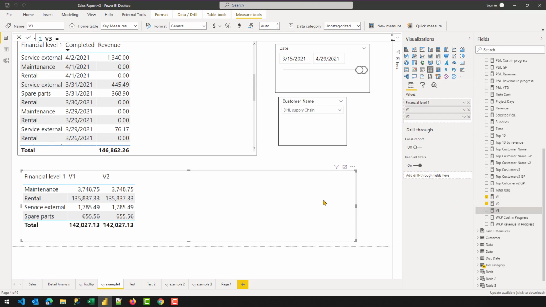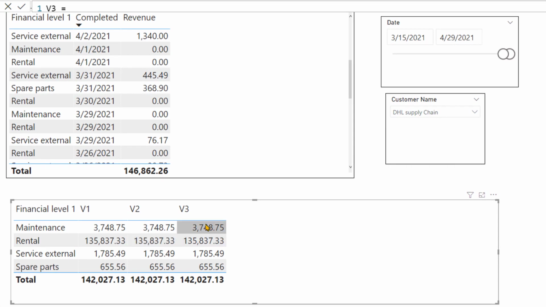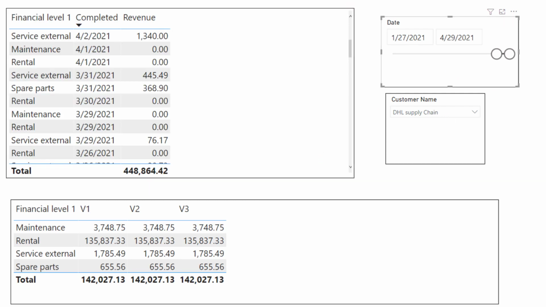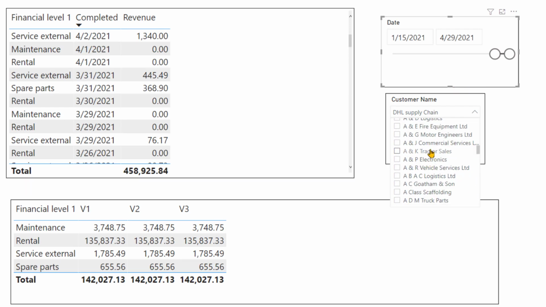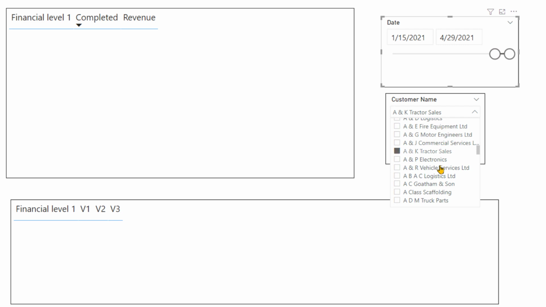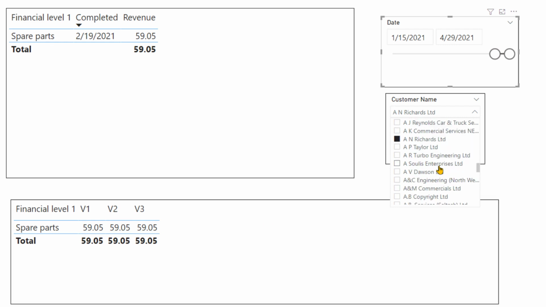let's drag that measure inside the matrix, and you can see that the code is returning the same value for each cell. And if I try to change the filter context by changing the dates, right now the values are not changing, maybe because of how the data is distributed. But let's say we select a different customer. So let's say we select A.N. Richards, then we are returning the correct value.